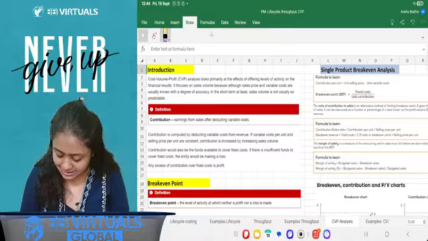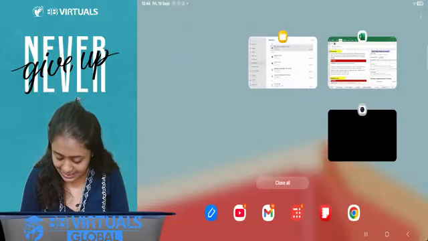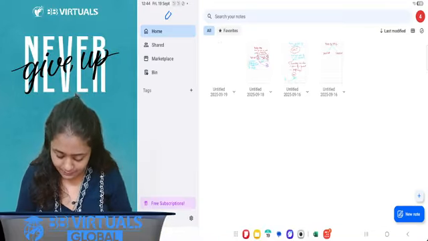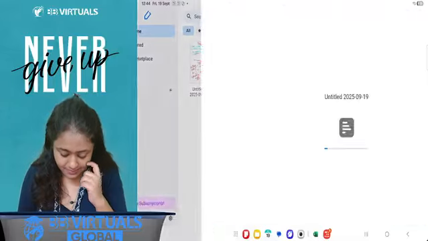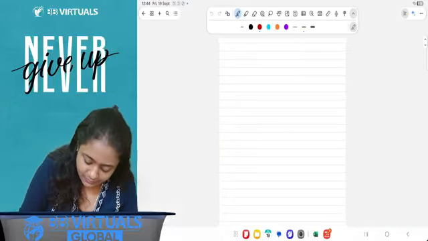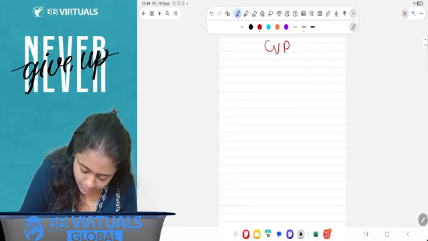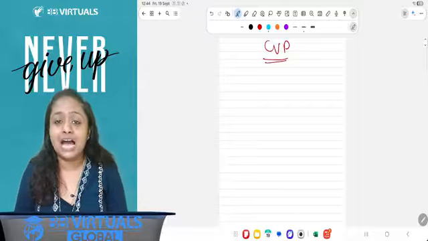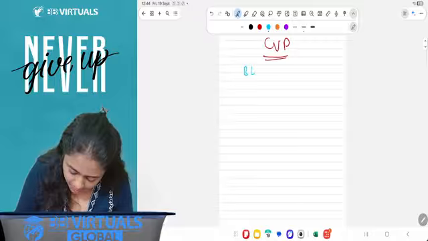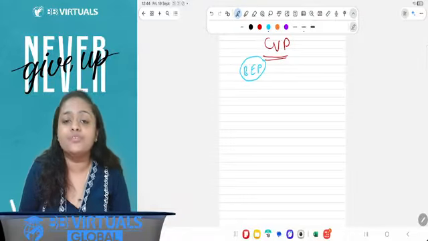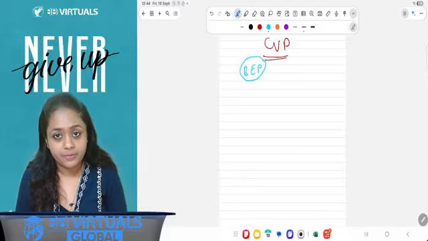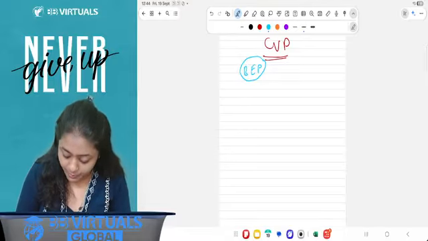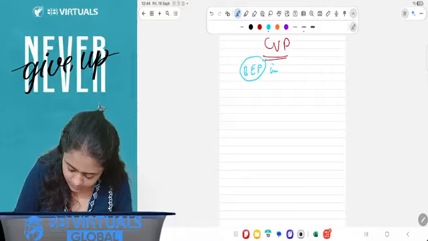So first let's understand the background, what is a CVP analysis. What is CVP analysis? In simple terms, it is nothing technical. It is just asking you to calculate the break-even point. And everything will be in relation to that break-even point. So here, simply we calculate what is a break-even point in units